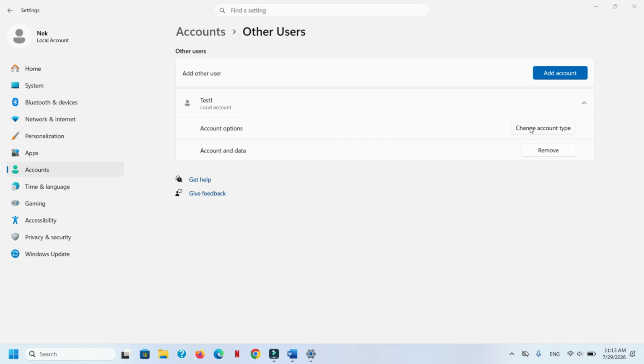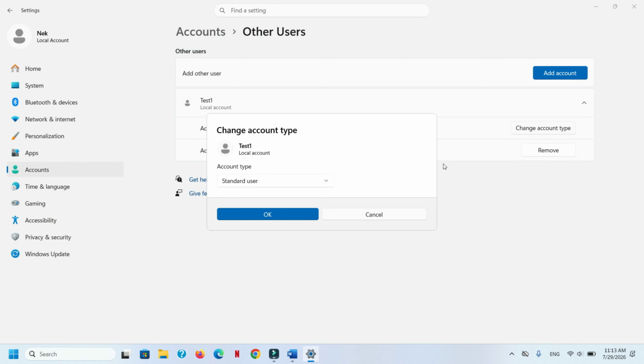Press Change Account Type. Here you can now choose if you want to keep this new user as a standard user or change it to administrator. Select administrator if you want that account to have full administrative permissions, and then click OK.